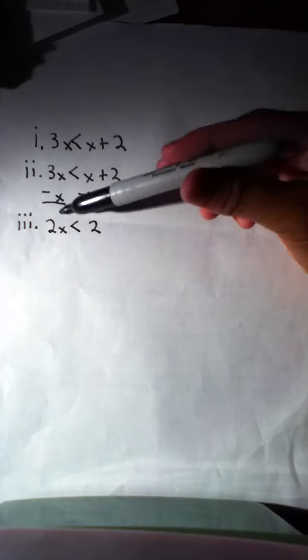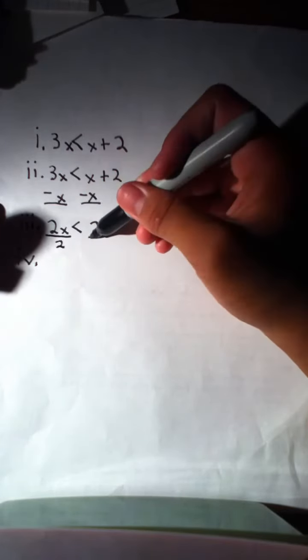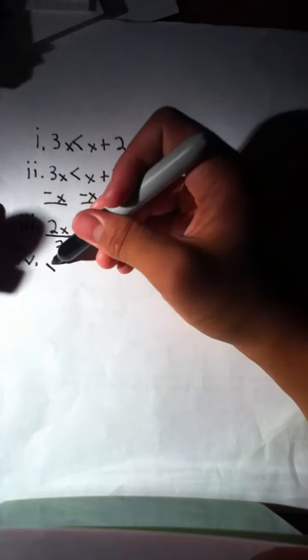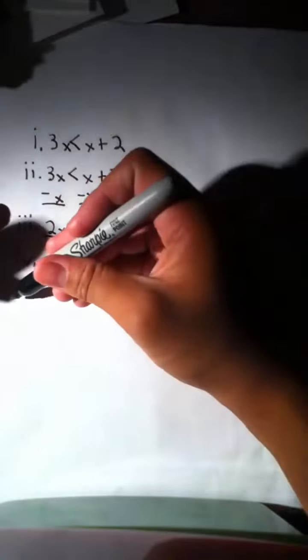Then the next step is to divide by 2 on both sides, so x will be by itself. So you divide by 2, and you would get x is less than 1. And this would be your answer, but to write it in interval notation, the next step